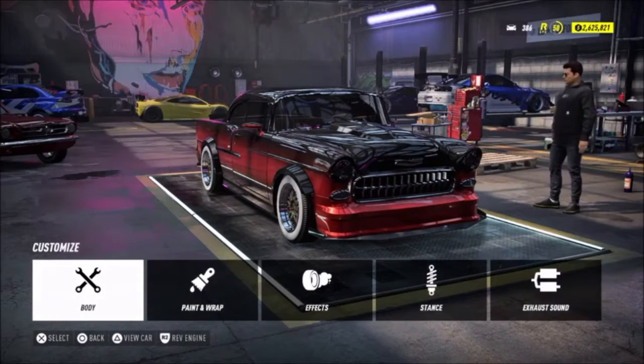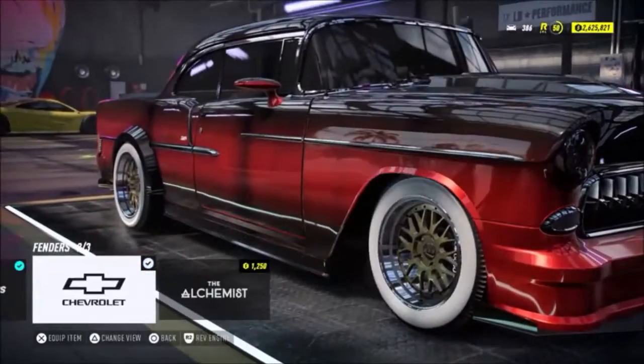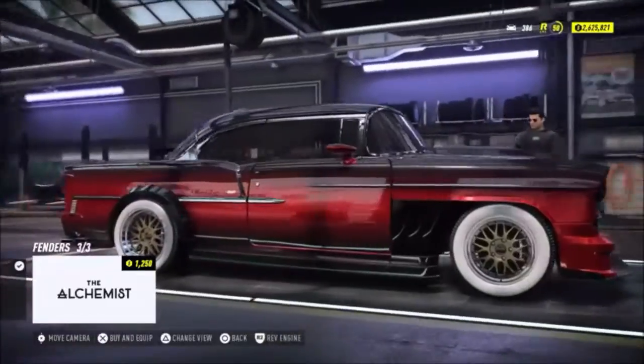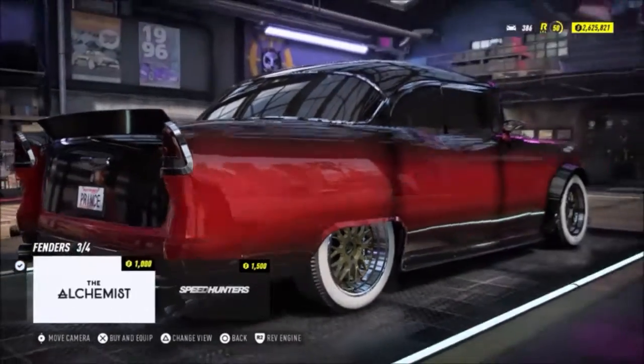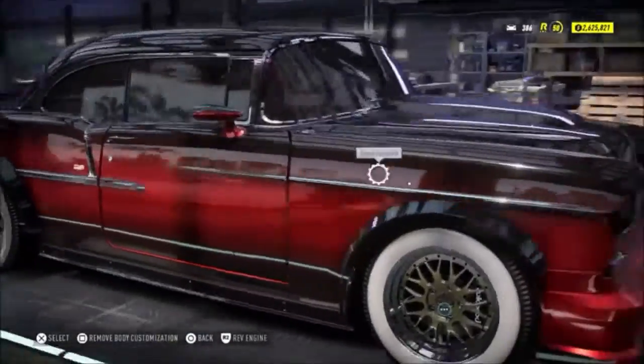And in terms of body, there's not as many parts, but they all look really nice. And you got that. If you really wanted to, like some weird madman, you could remove the chrome from the sides, but I don't do that. So there are some